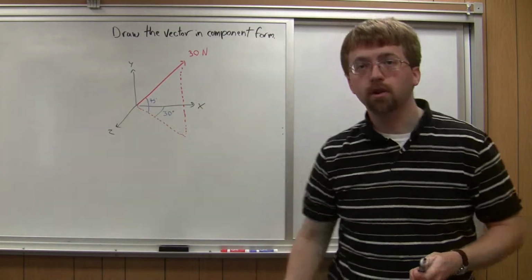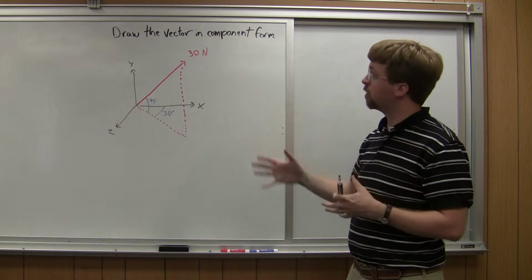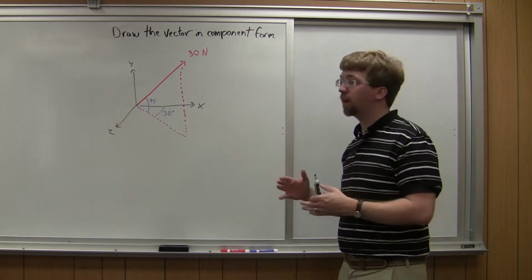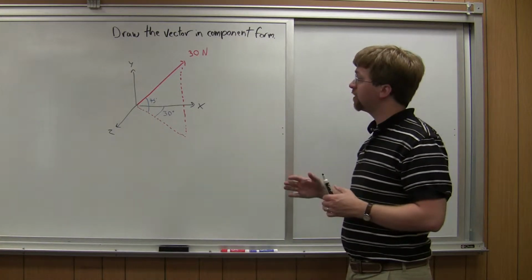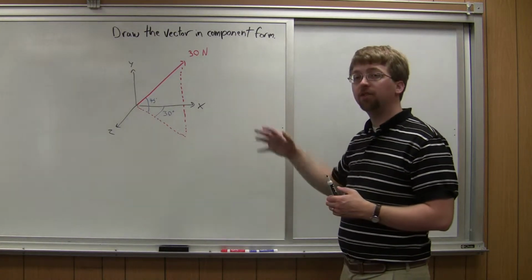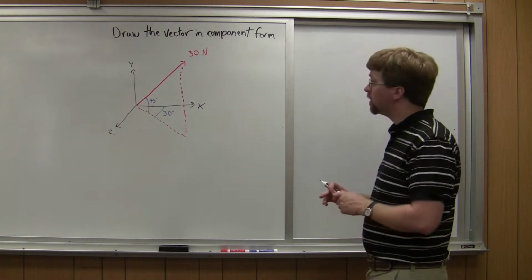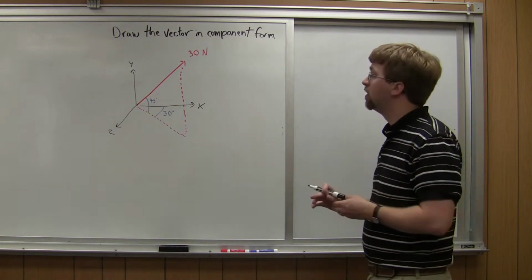Hello, today we're going to be working with a worked problem on point vectors, point forces. This particular point force is in 3 dimensions, so we've got x, y, and z components possible. And we're asked to convert this vector from a magnitude and direction form into component form. So with component form in 3D, we're going to have to do this in 2 steps.